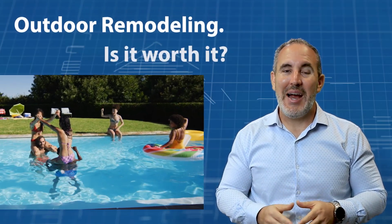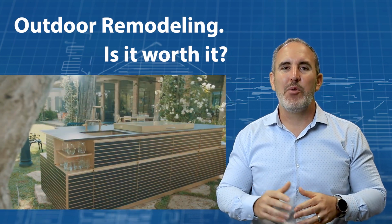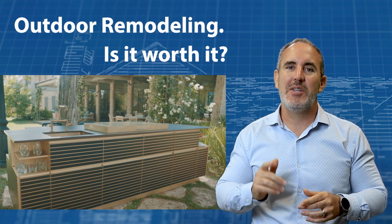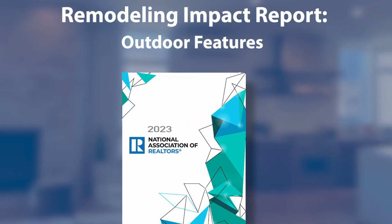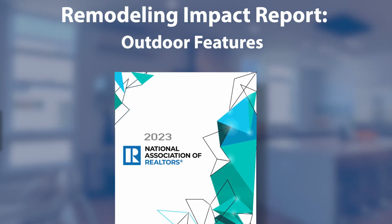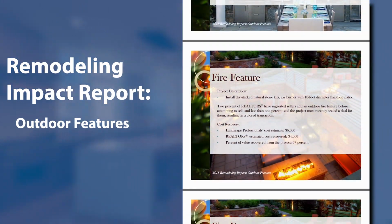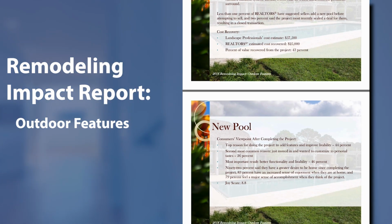Summertime is around the corner, and you may be thinking that now's a great time to add that pool or outdoor kitchen that you've always wanted. But before you take that plunge, we should tell you about the 2023 Remodeling Impact Report. It was created by the National Association of Realtors and the National Association of Landscape Professionals. The report analyzes several factors, but for the purpose of this video, let's look at the most popular South Florida